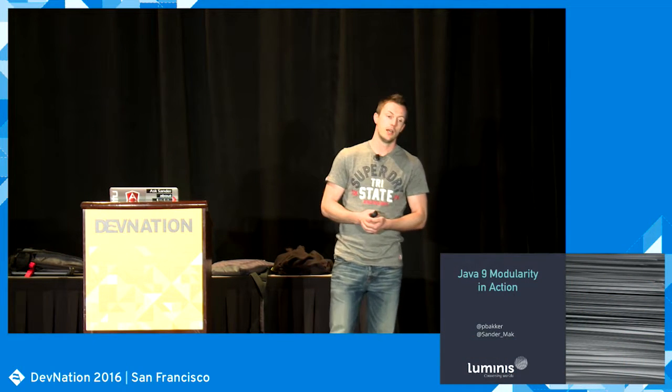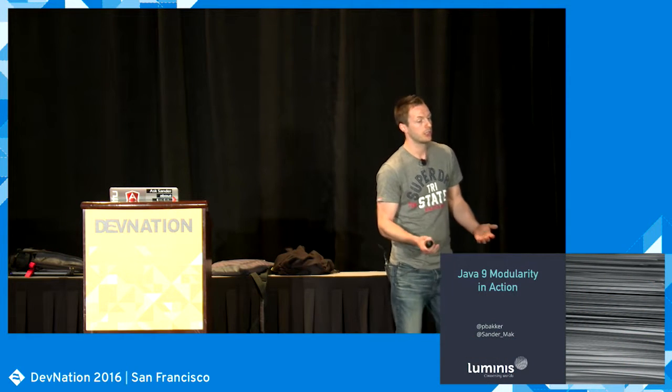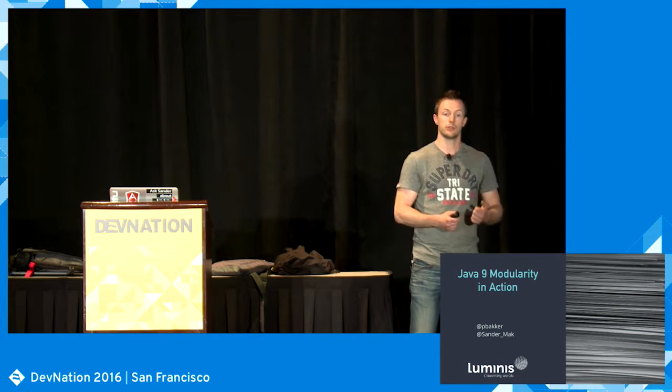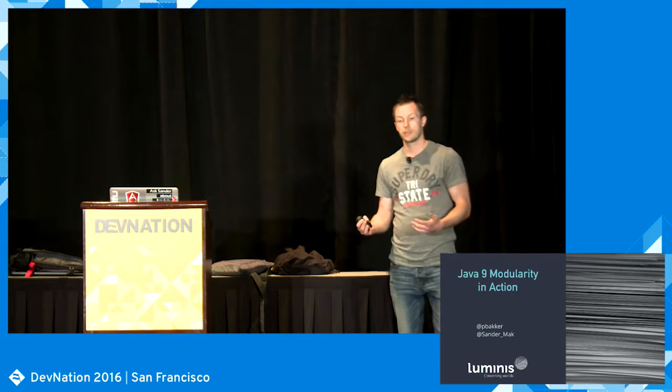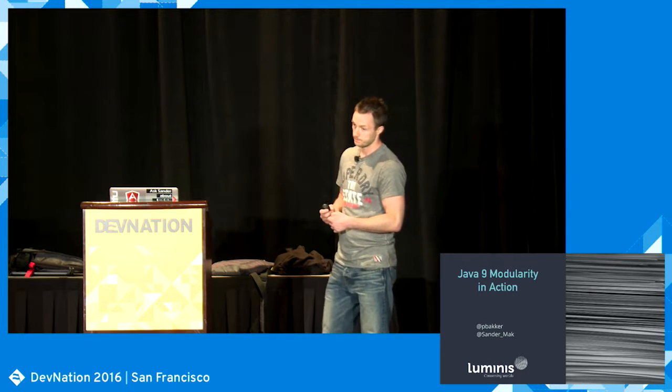All right, welcome. We are going to talk about Java 9, and specifically we're going to talk about the modularity system coming in Java 9. Of course, Java 9 is not just about modularity. There's a bunch of things coming, a few interesting things. For example, there's HTTP2 support. But by far the largest new thing coming to us is the module system. And since it's a pretty big topic, that's what we're going to focus on.